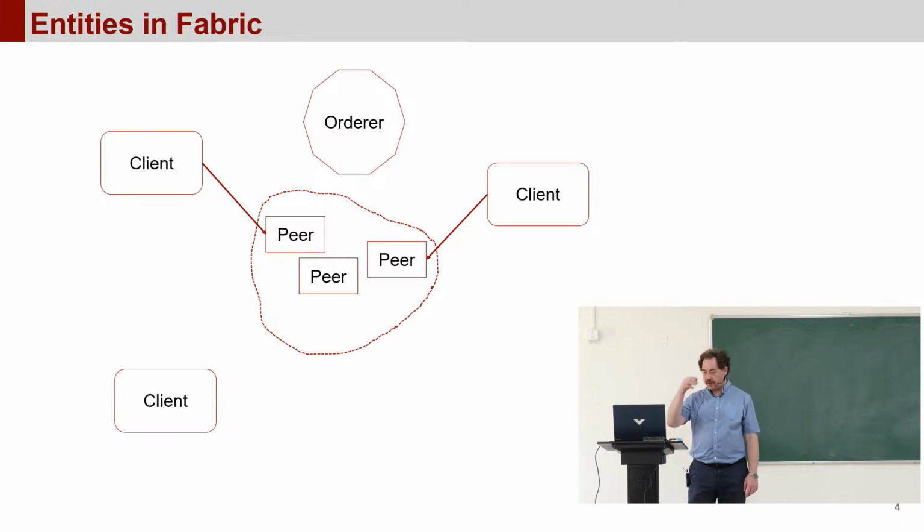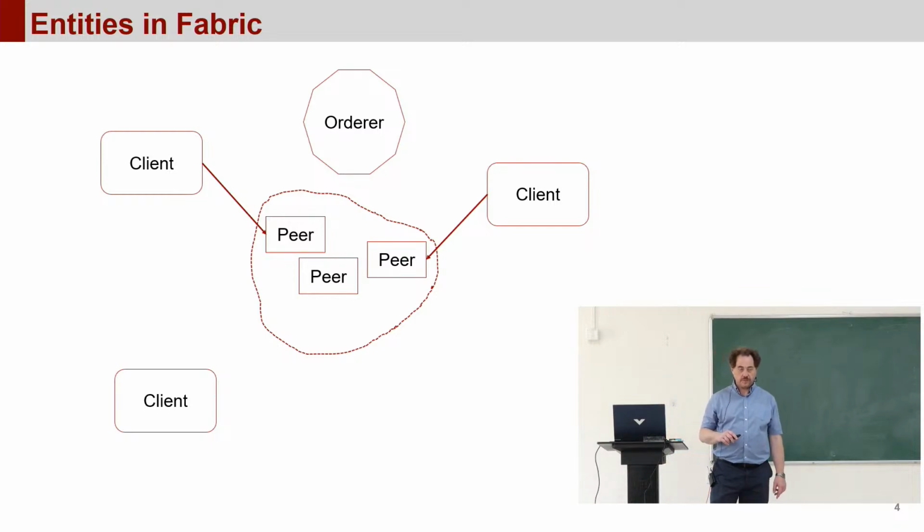Okay, so entities in Fabric. Entities are already quite different from those in Bitcoin and Ethereum. So let's take one step back. In Bitcoin, we have full nodes and lightweight nodes. Full nodes are part of the network, while lightweight nodes are not part of the network. In Fabric, we have peers, which constitute the network. So again, there is a peer-to-peer network,